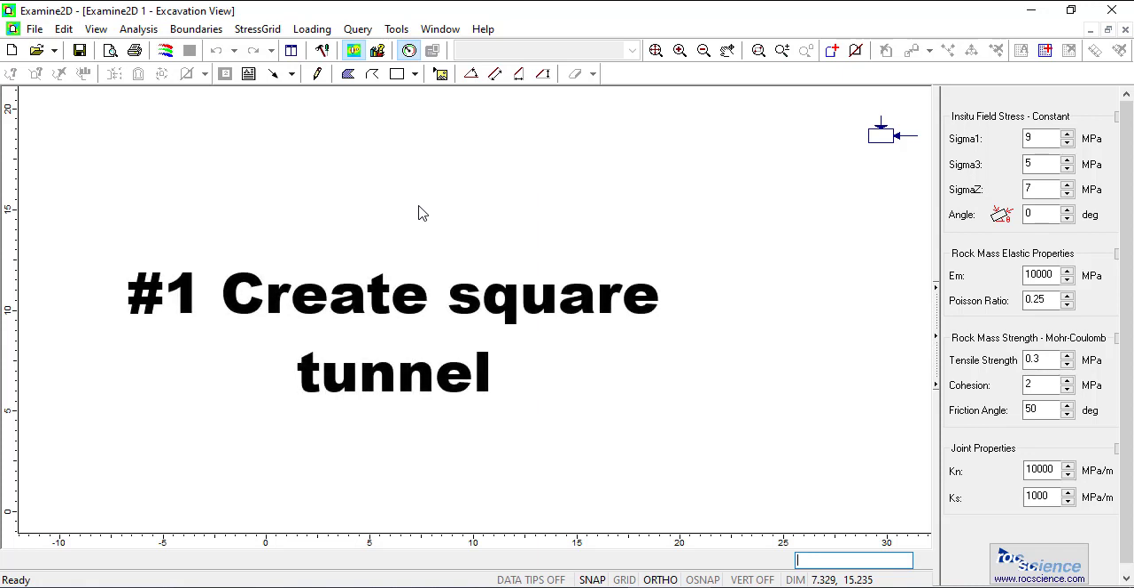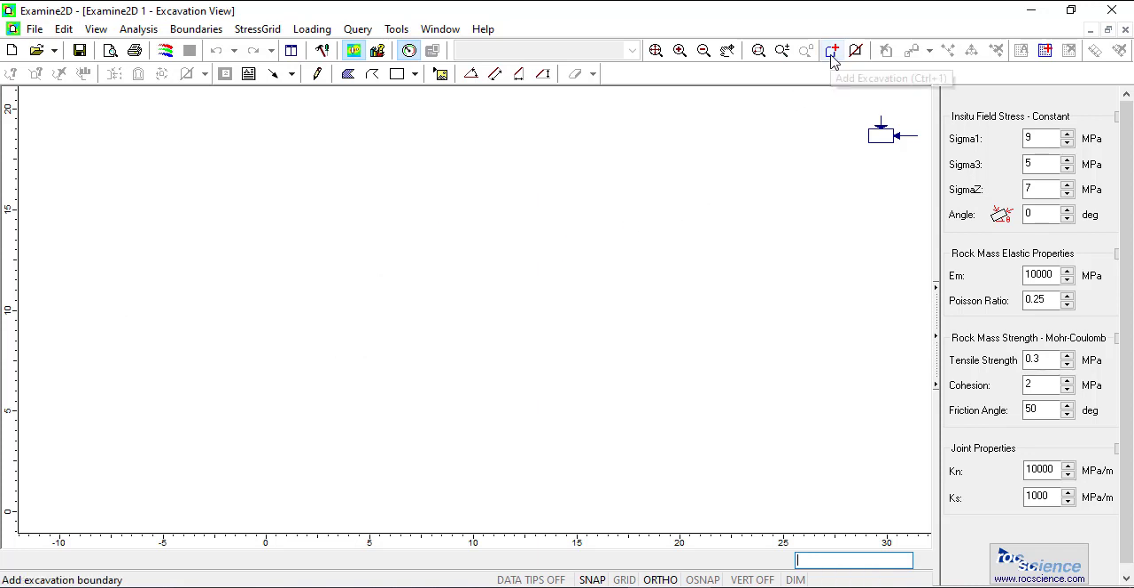So the first thing we're going to do is create a square tunnel. To do that, you can go up here to the tunnel with a red plus icon to add excavation. And click there. Your mouse will turn into a crosshair, and you can either click on a vertex with your mouse anywhere on the workspace here, or what I prefer to do is enter the XY coordinates of the vertices